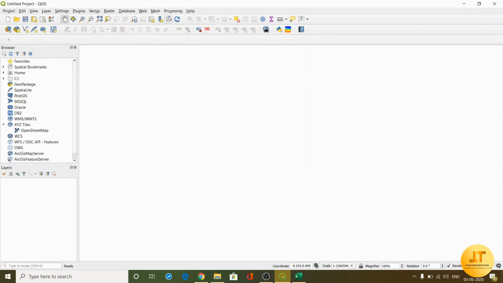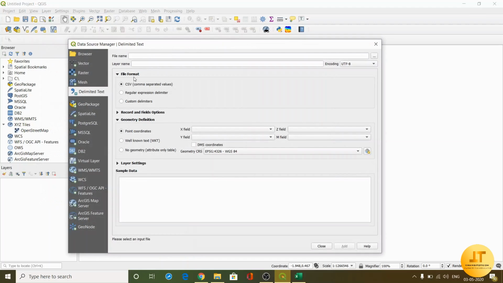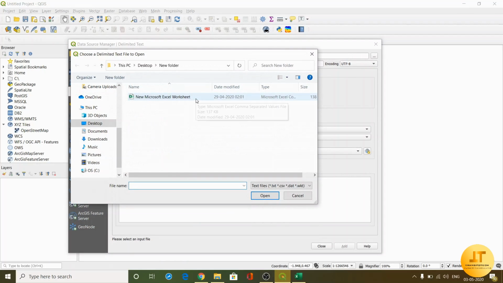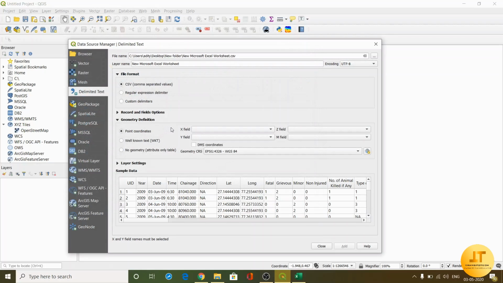So this is the UI of QGIS. Now to input the CSV file which we have saved, we will go to Layer, go to Add Layer, go to Add Delimited Text Layer, and browse the file which we have saved. So this is the CSV file which we have saved. Click on it, click on open. Now we need to give point coordinates. The X field will be longitude, Y field will be latitude.